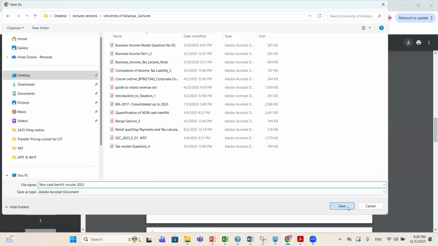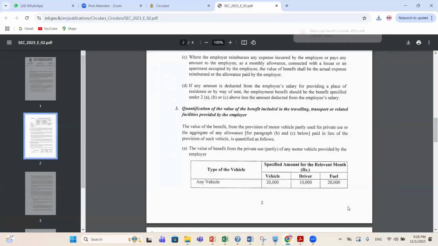Okay, that's a good question, right? I also learned something about this question, but I do have a doubt whether this exemption, 75% exemption on this vehicle allowance and fuel allowance, is applicable for all or whether it is applicable only for the government sector employees. Let me check it, right? So I will answer that next week, but this is the way we calculate the